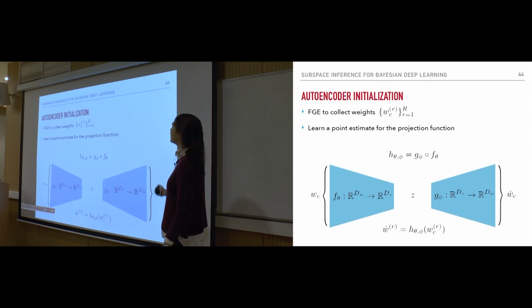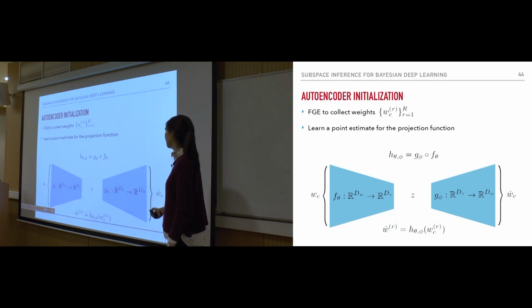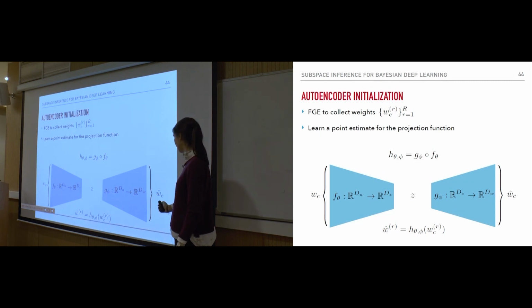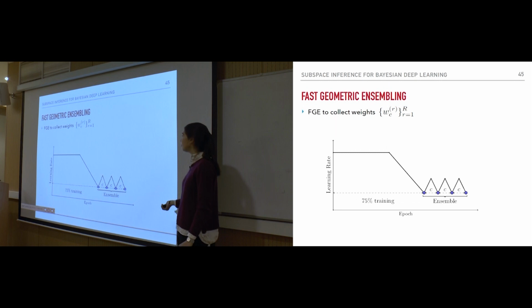I will shortly describe what that is. And then they wanted to learn a point estimate for this projection function, which maps from Z to W. And the fast geometric ensembling is the following procedure that was suggested in the Curve